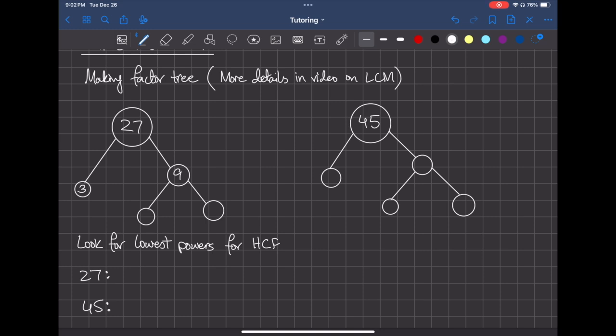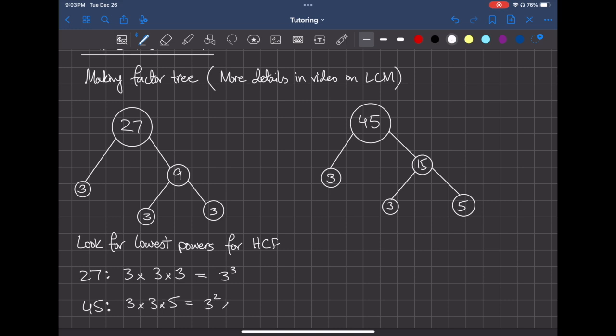9 can be further divided by 3, and we end up rewriting 27 as 3 times 3 times 3, or 3 cubed. Now we can make the factor tree for 45. Similarly, we divide this by 3 because it is not divisible by 2, giving us the factors 3 and 15, which can be further divided by 3 to give us 3 and 5. Hence, we can write the prime factorization for 45 as a product of 3, 3, and 5, or